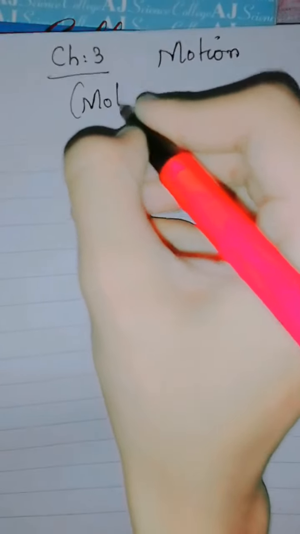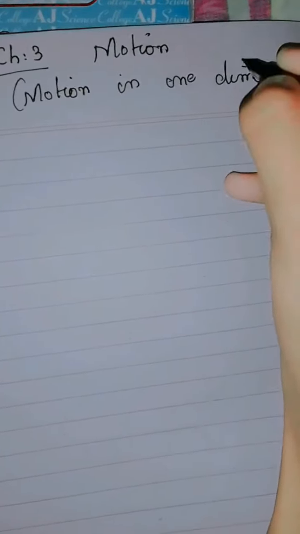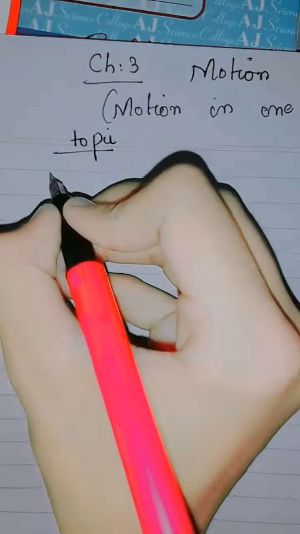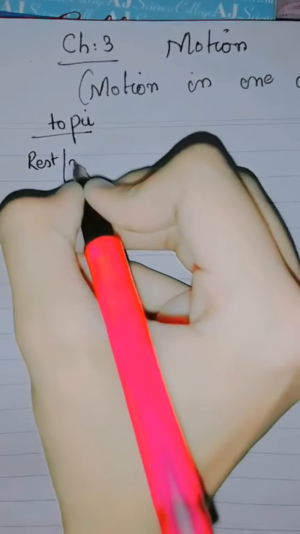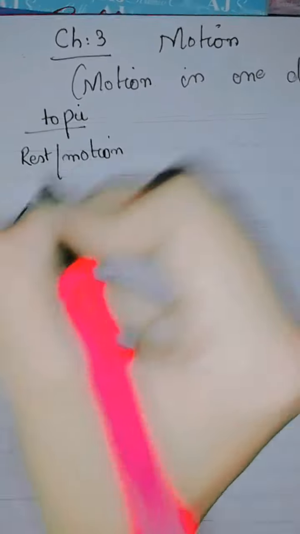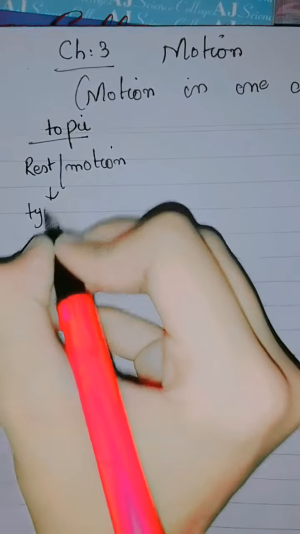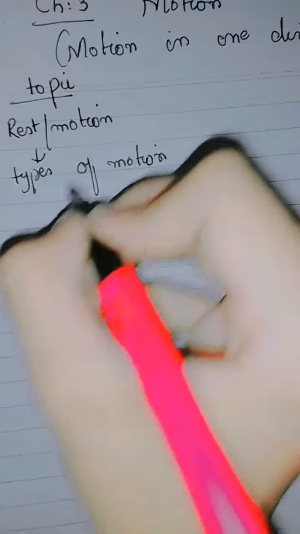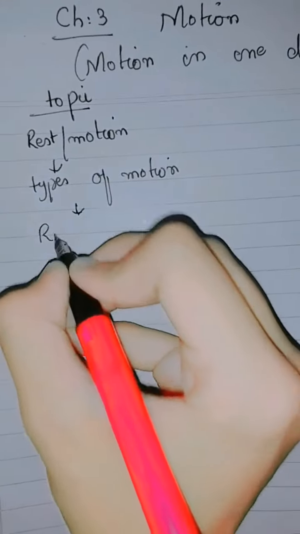Today we are going to discuss the third chapter, that is motion. Basically it is motion, which we call motion in one dimension. In this chapter, the topics we are going to study are rest and motion, types of motion, relative motion,